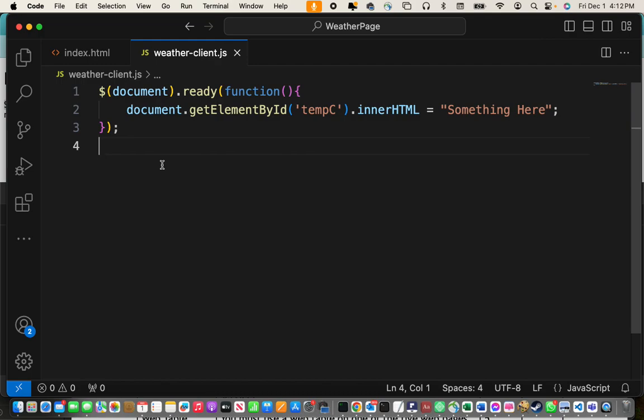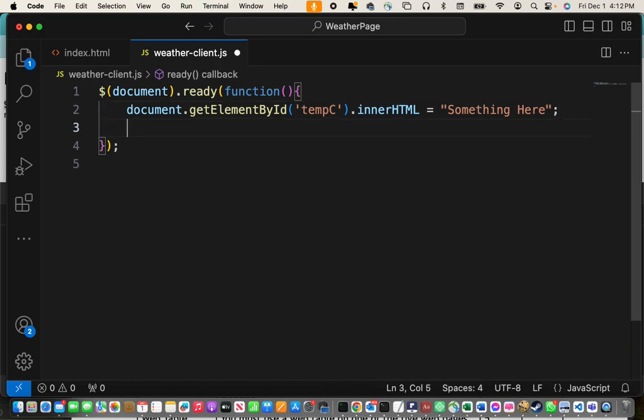On the index HTML, we had an ID called temp C, and there was already some text in there. But you'll notice what happened? This method says everything inside of the span, replace it. So with an inner HTML, you can actually post your own HTML. Okay? Now the other way that we would do this,